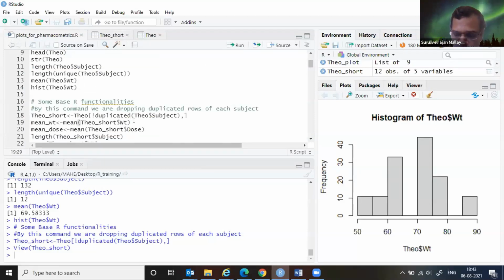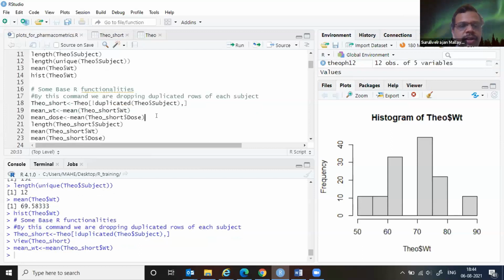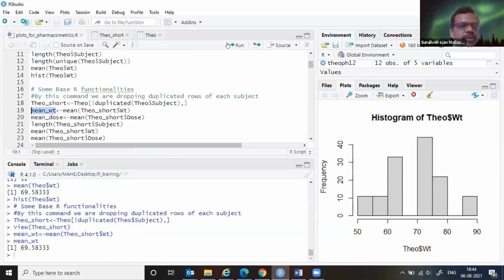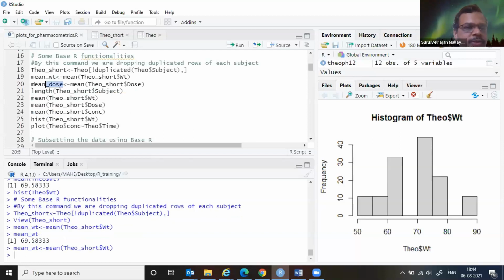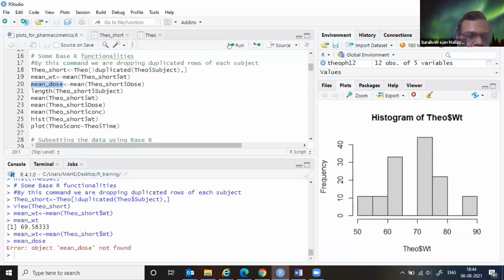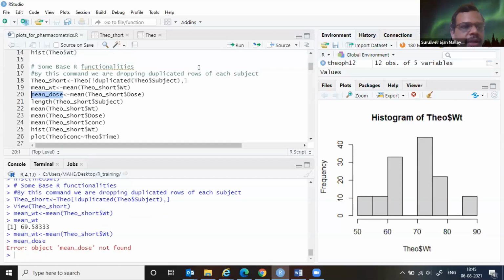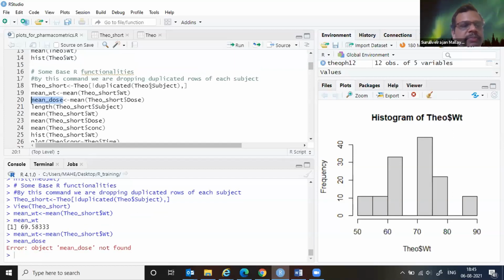And with this one, whatever calculations I do, it represents the actual data with the duplicates removed. Let me see the mean dose, the information picked up from these 12. Oh, mean dose not found, meaning I have to define mean of Theo_short$Dose.